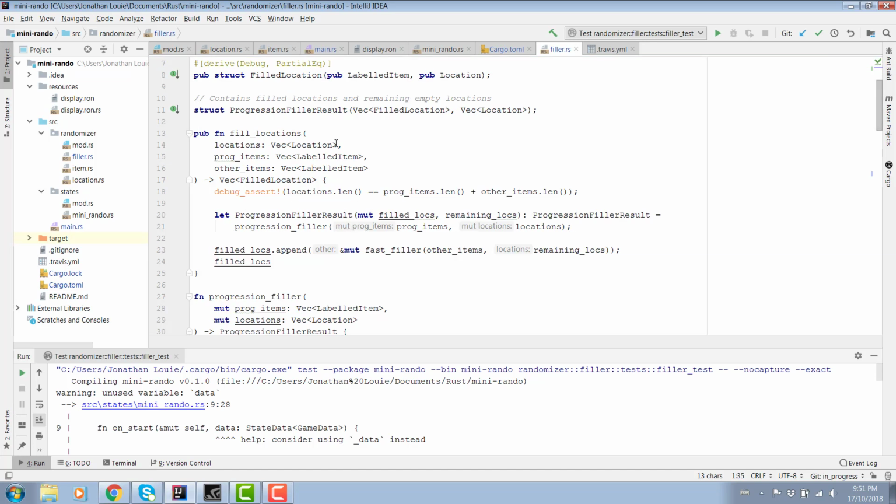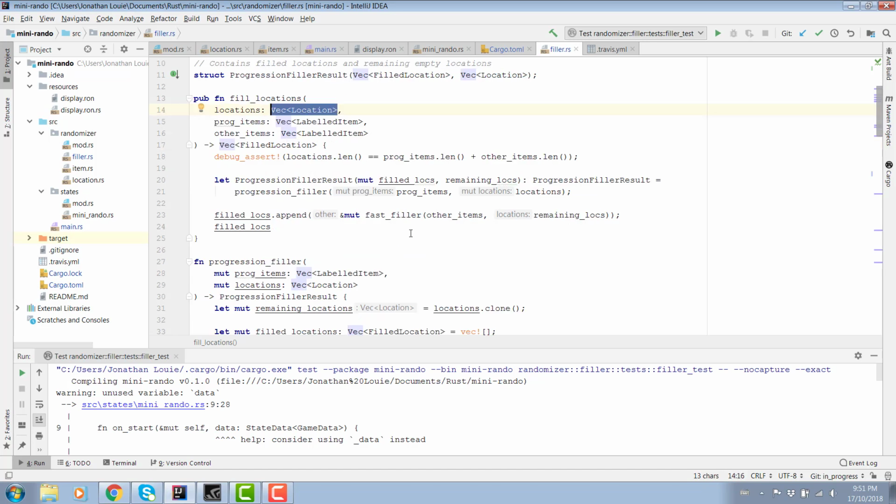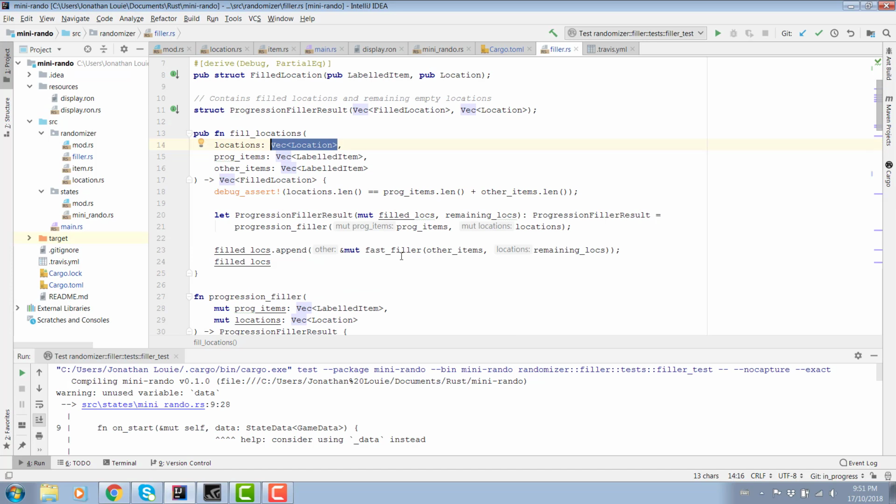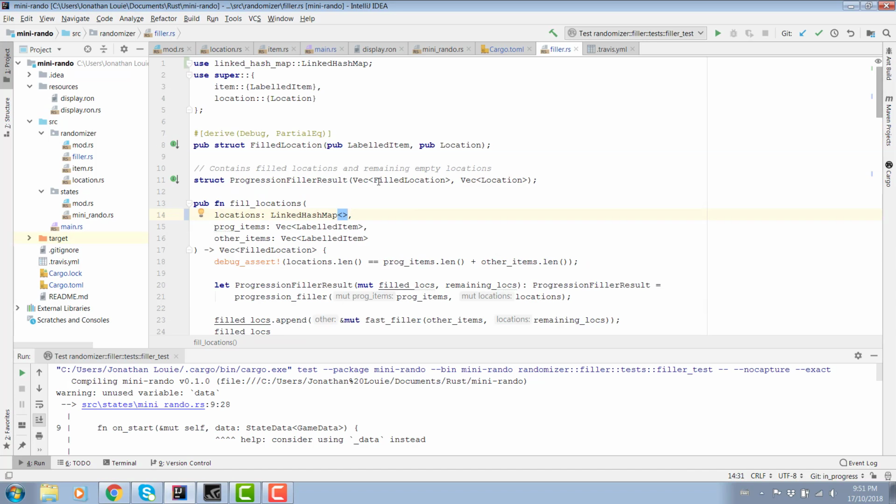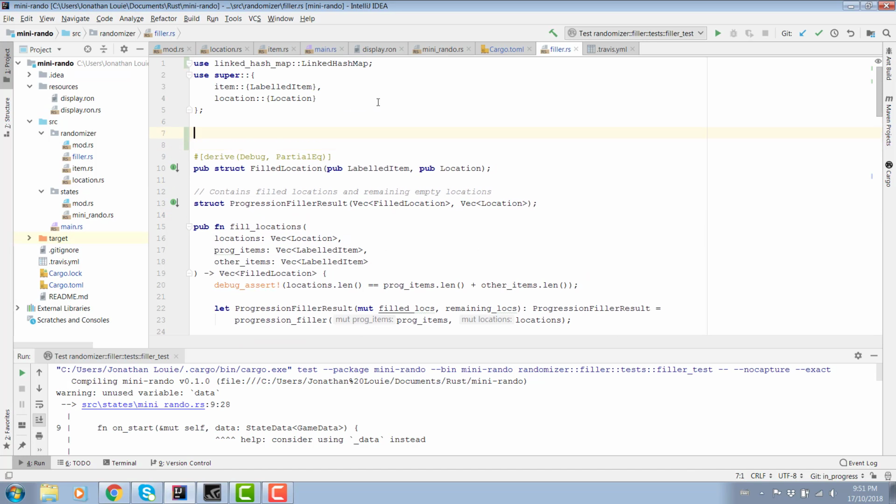So, locations. You are no longer going to be a vector. In fact, it never really needed to be a vector. I just made it one because it seemed convenient. It's not, as it turns out. Well, I mean, it's a decent option. It's just not the one that I wanted. In fact, you know what I could do? I could even make like a... what am I doing?